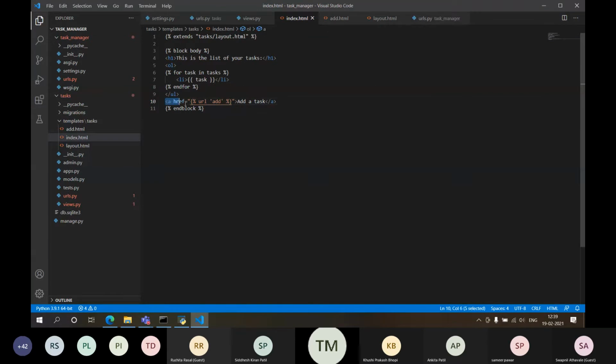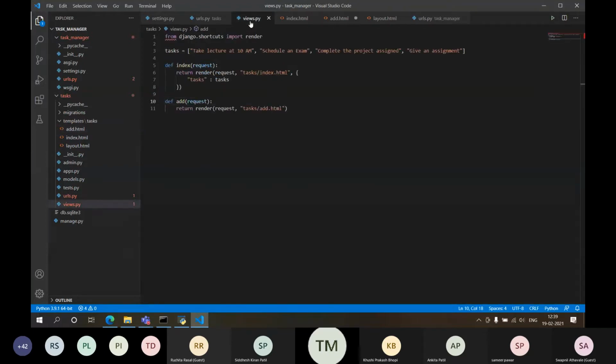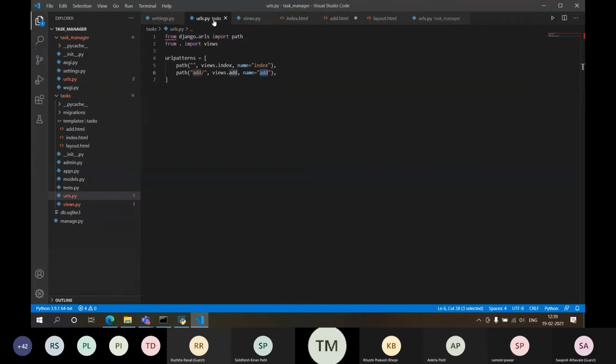Similar thing I want for my HTML form also. So after the form, if I want to go to my home page, meaning the list of tasks, check your views and URLs. The URL says there is an index name for a view.